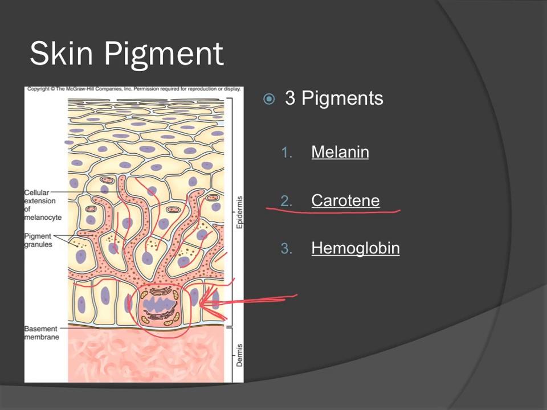And the third pigment that can play a role in skin color is called hemoglobin. Hemoglobin is actually a protein pigment that's found in red blood cells. It's the main protein that carries oxygen within those red blood cells. And when hemoglobin is carrying oxygen, it has a very bright scarlet red color. If hemoglobin is deoxygenated, it's not carrying oxygen, then it's a very dull, dark red color, and we tend to